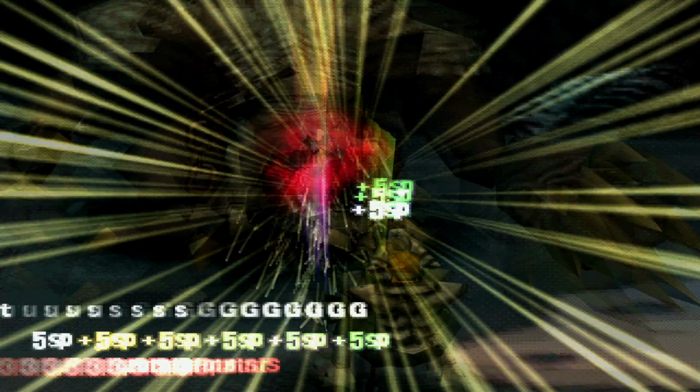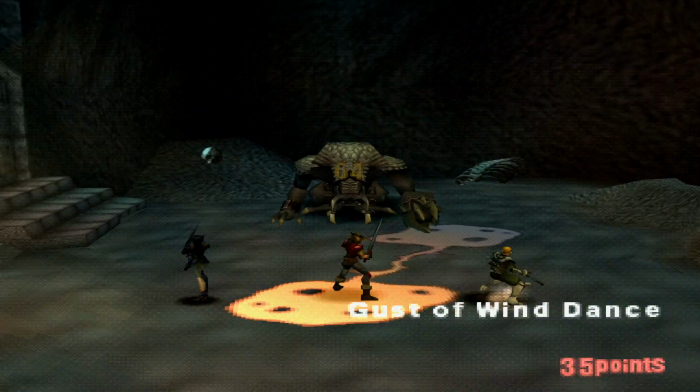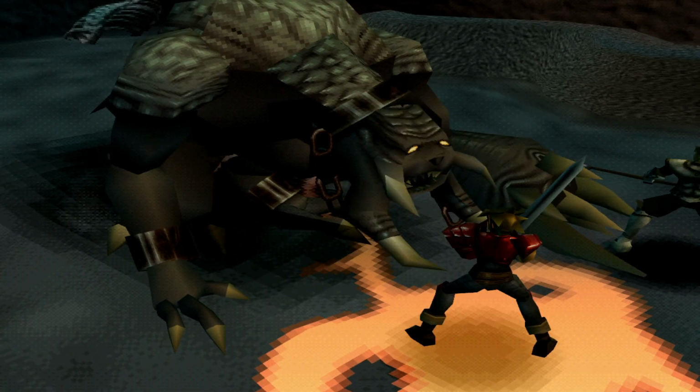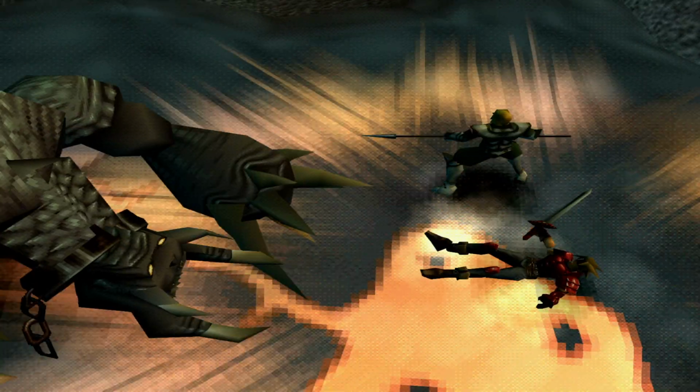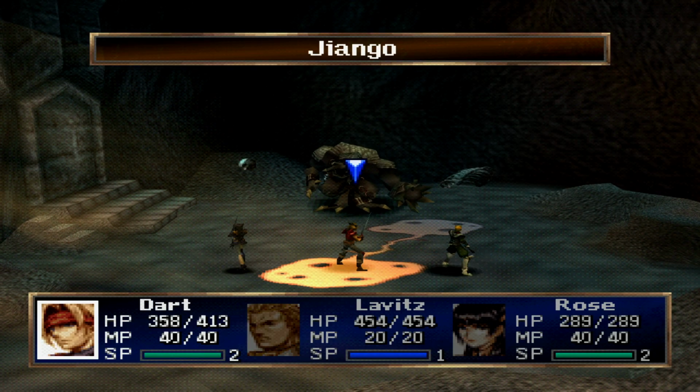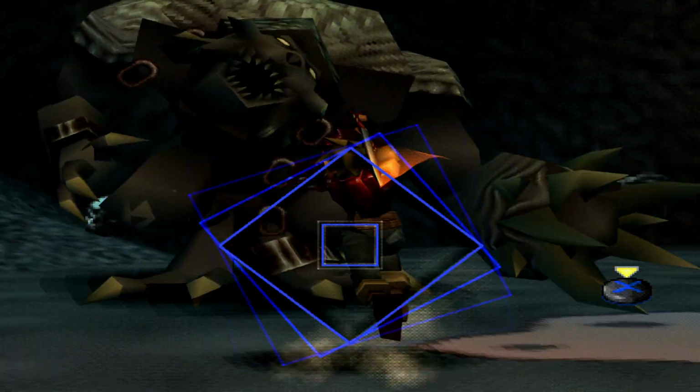Isn't the Gust of Wind Dance cool? Like, this is an awesome addition. And now Pookie Bear's awake. Now, once he confuses someone, I would just recommend going into Dragoon form, because when you go into Dragoon form,